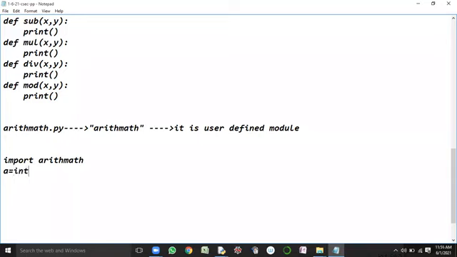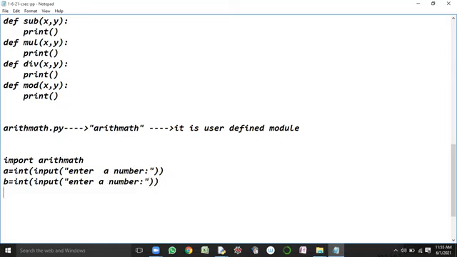So input of "enter a number", and then one more value is needed, so read the second value: input of "enter b number".